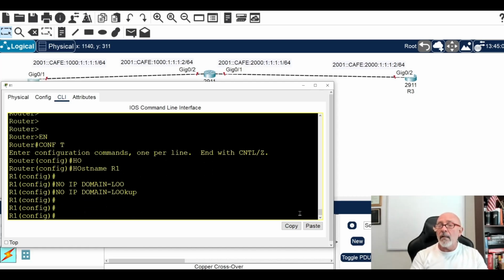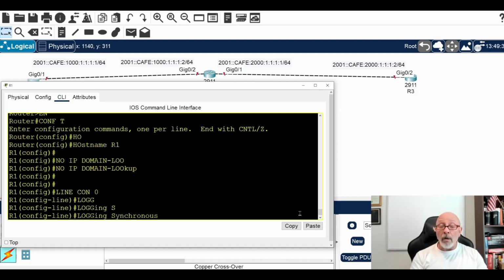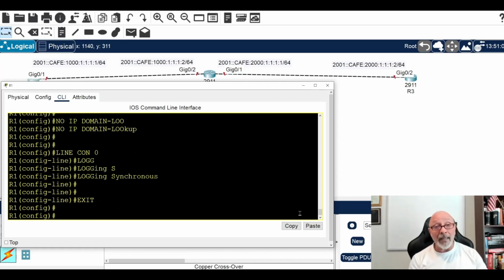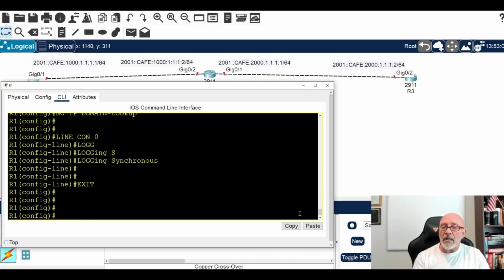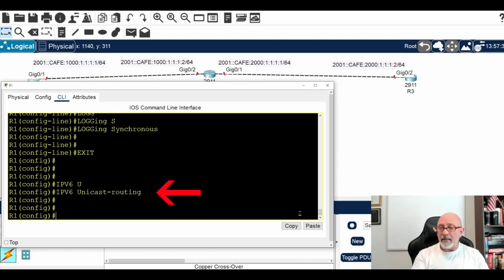Once again, line con 0. And some of you may be saying, Laz, man, why don't you just have this ready to go, dude? Because you may know already, but somebody that's brand new may not. And repetition breeds retention. All right. So the first thing you want to type when you're configuring IPv6 is ipv6 unicast-routing. Please type that. Just first thing. Not going to kill anything. It's going to give you the features that will allow you to do many things in IPv6.